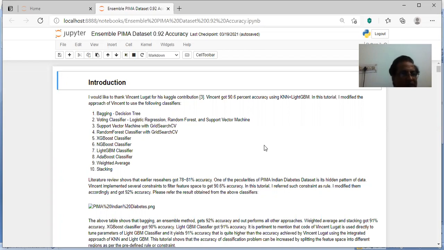Now, in his Kaggle contribution, he achieved 90.6% accuracy using K nearest neighbor, that is KNN, and a very popular machine learning algorithm known as LightGBM. To Kagglers, extreme gradient boosting and LightGBM are very, very popular, and you will find close similarities between extreme gradient boosting and LightGBM. So in this tutorial, I modified the approach of Vincent Lugat, and at the same time I used different